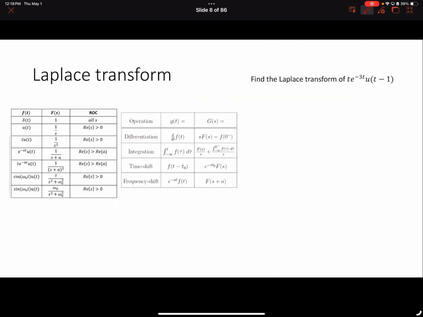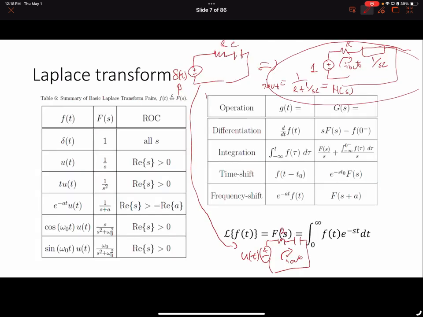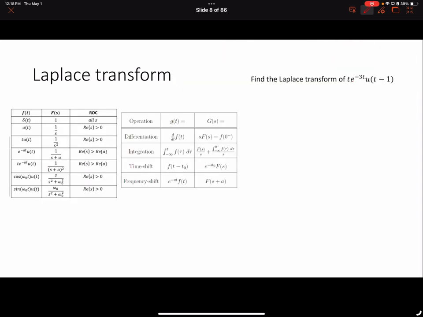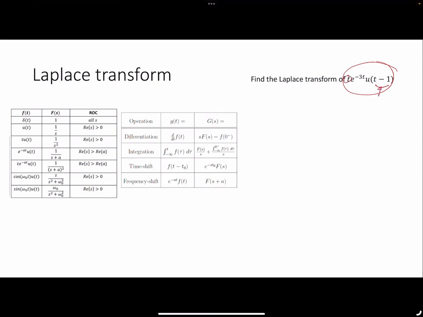Okay, so Laplace transforms. This won't be emphasized too much, but you should be able to take Laplace transforms of a function like this one. For this particular case, since there's a unit step function that's shifted by 1, you need to shift every time by 1. So basically you have t minus 1 e to the negative 3 t minus 1 plus